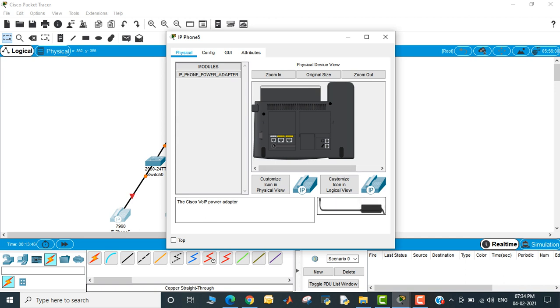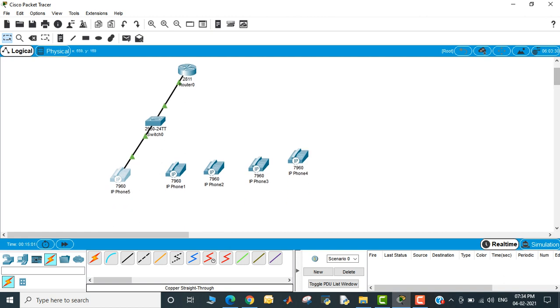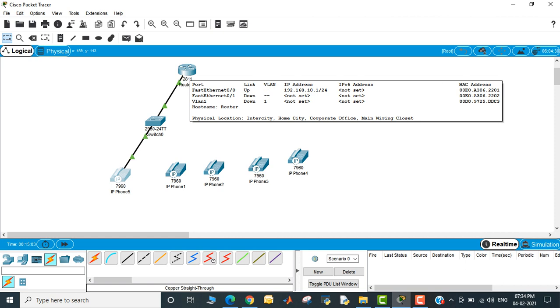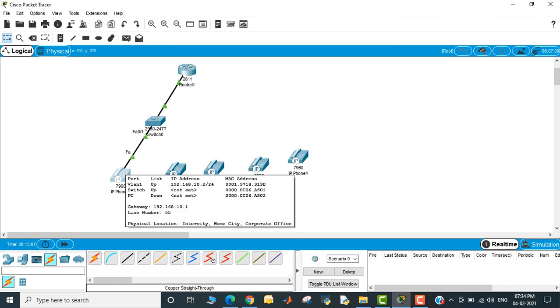So yeah, this is the cable. We connect the cable first. Now okay, set. Now see, what is the problem? I don't know. Everything is correct, so why is it not taking?